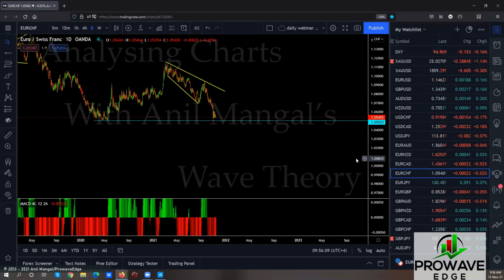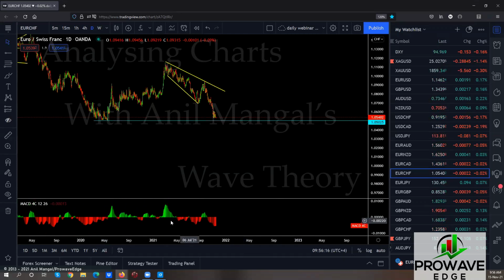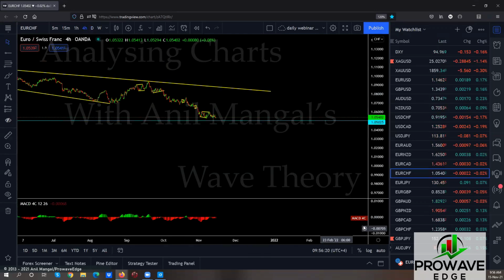It's starting to look like this thing is planning on turning without breaking the low, because if you go on the daily, no divergence in this, but if you look in the last piece, which is this one, we have a lot of divergence. Okay? We have a lot of divergence here. Breaking this low will create a lot of divergence.